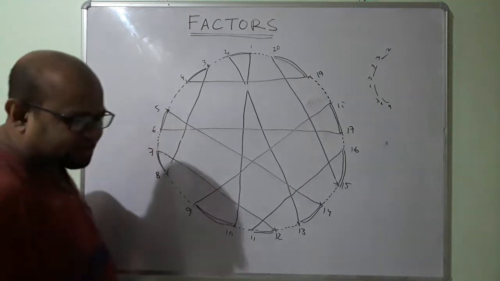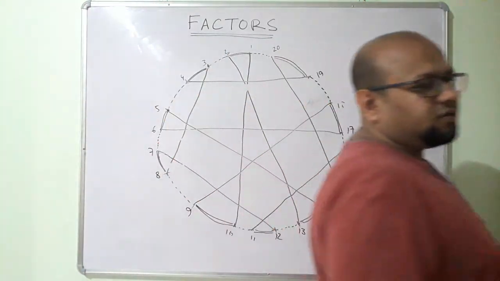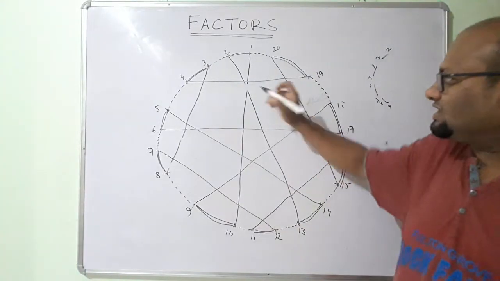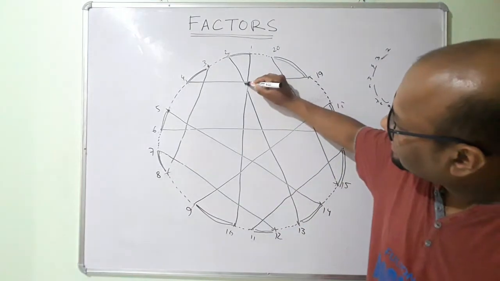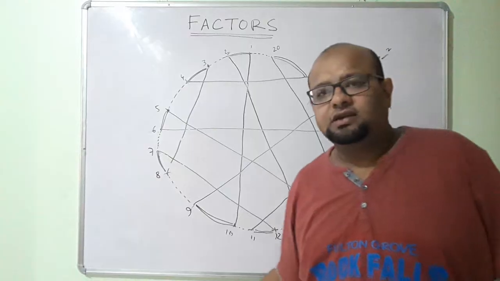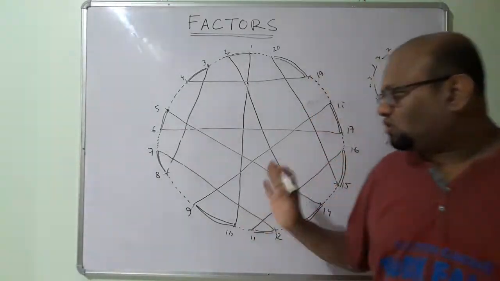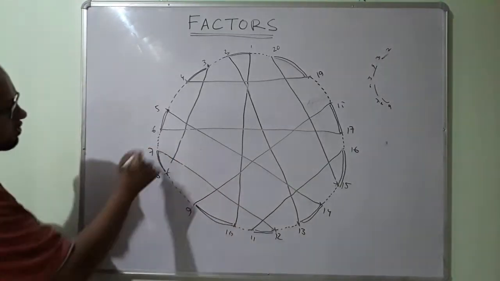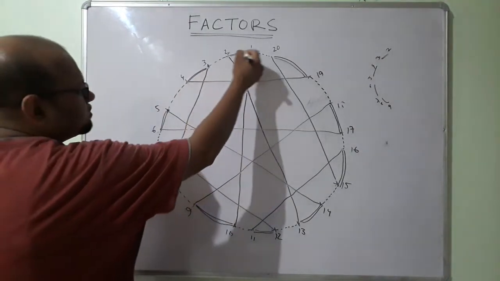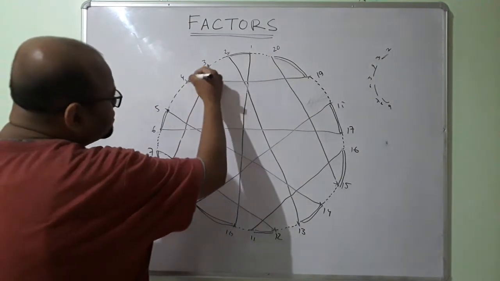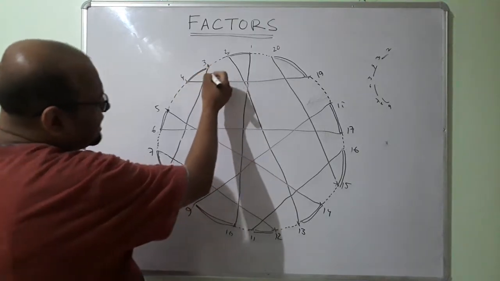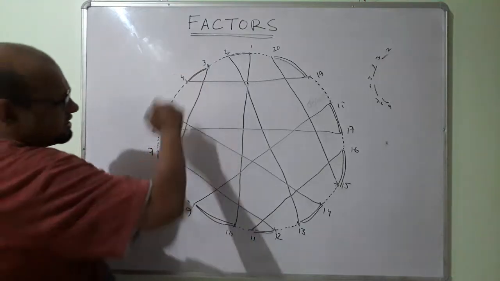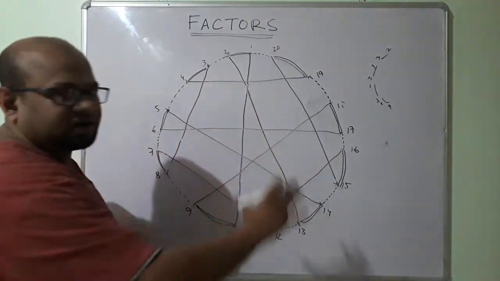This dash line will give me one more matching for the same reason that we talked about before. Ignore all these solid lines in between, ignore this dash line, this double dash line will give me another matching. So I have three one factors in here, three matchings in here. One I drew using this dash line, one using this double dash, and one using this solid line.